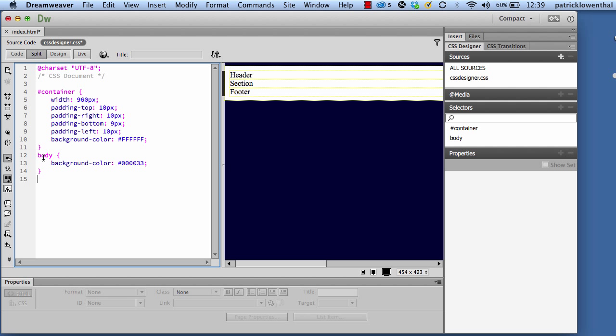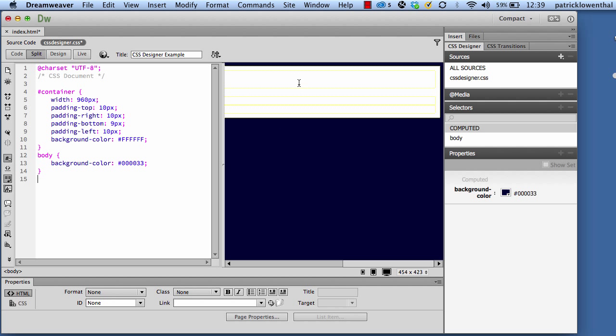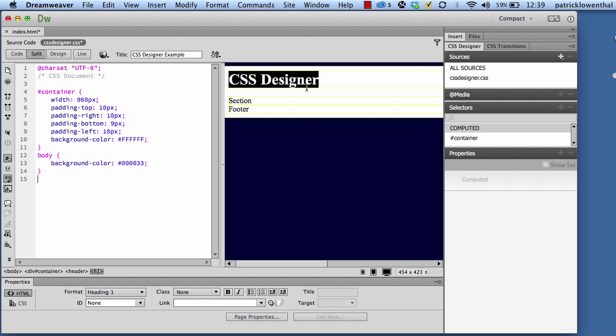So here's an HTML tag that I've added some styles to. Here's a div with an ID equals container that I've added styles to. All right, and so once again, I could type some text, make sure HTML is selected, and I could make this an H1 tag. All right, and so if I click over here and make sure that that's selected, H1, this is where I